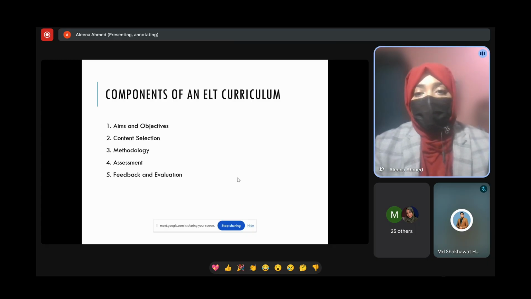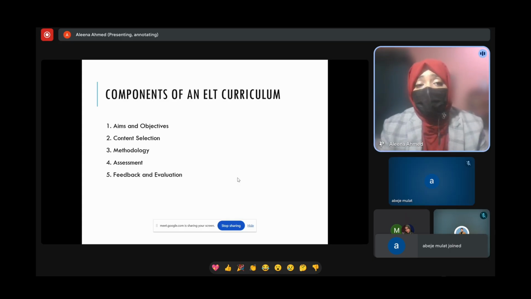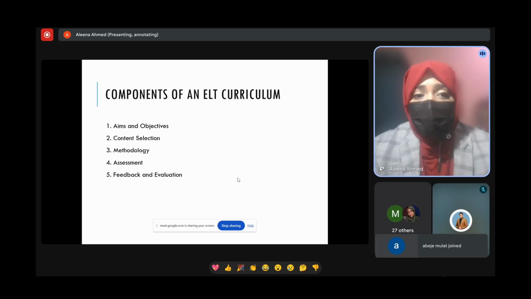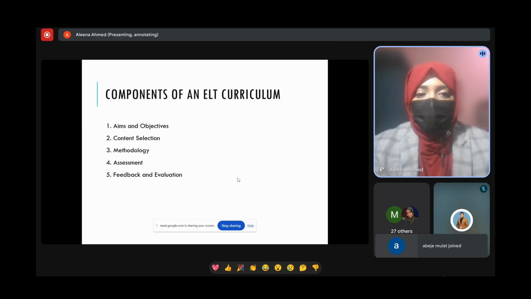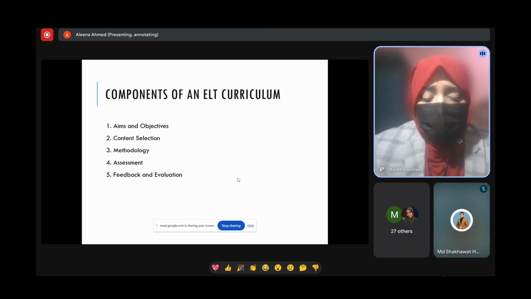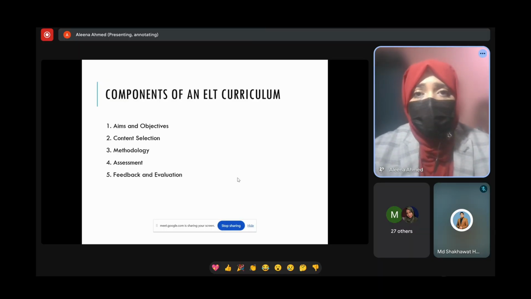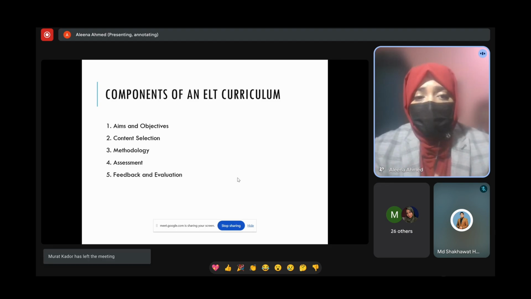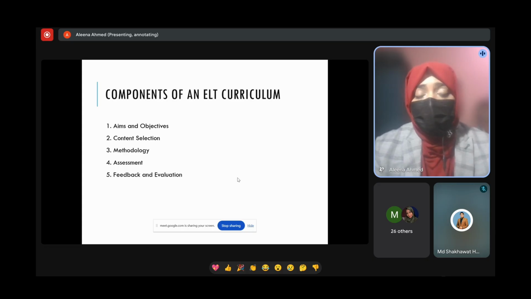That is why while designing the curriculum, it is very important to think critically about what our aims and objectives are at a very individual level. Content selection. Yeah, I noticed, and definitely I could show you that, but I hope that in future I will be able to dive deeper into this topic, and I will show you how content drives a student in how to study and how to act.